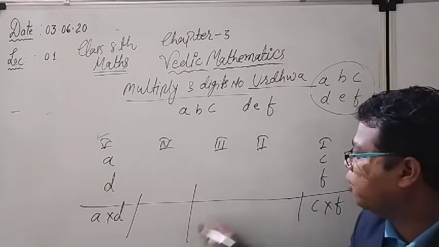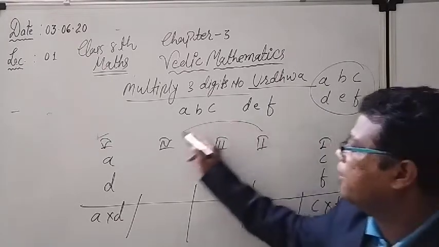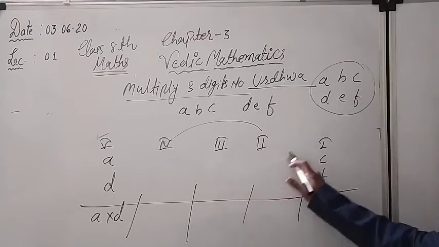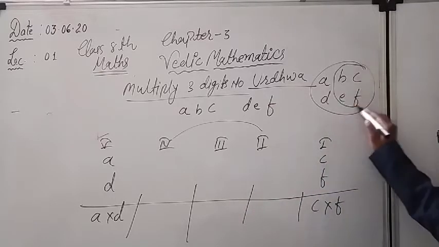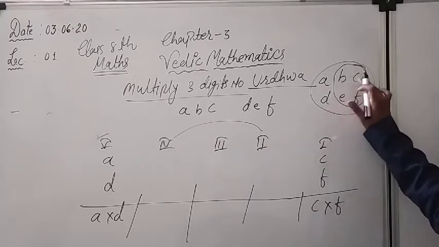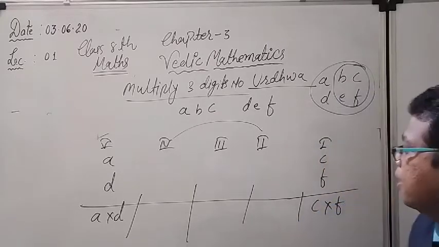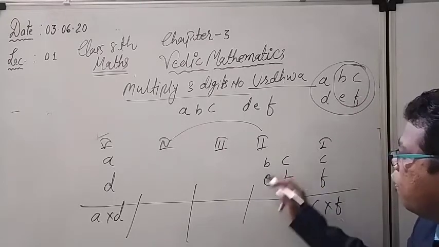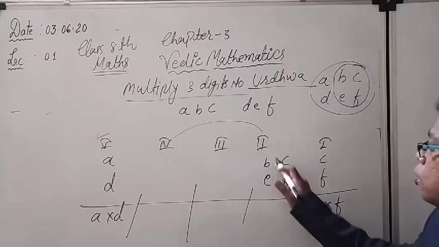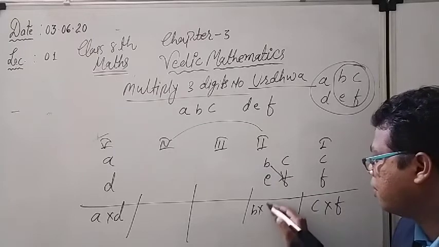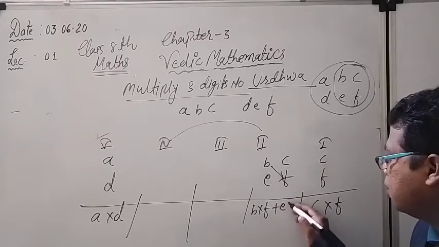Same like that, the second group operation and fourth group operation. Second and fourth group operations are also almost similar. How I have to write down, you have to understand. See here, for the second group I am going to tell. In the second group I will consider these 4 digits, means the digits which are written on the tens place and the ones place. So for the second group I will write down BC and I will write down EF. Because it is two-digit numbers, the operation will be the cross multiply. See here, B into F with the addition of E into C.